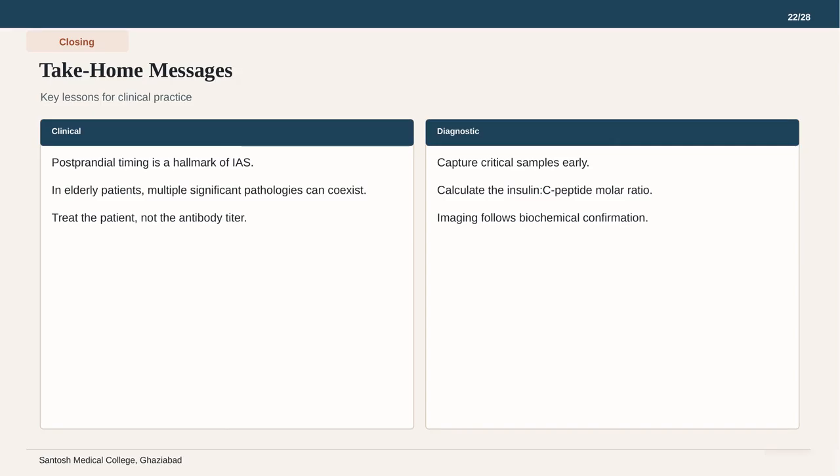On the diagnostic side, the absolute priority is to capture critical blood samples early during an active event. Always calculate the exact insulin to C peptide molar ratio when numbers look disproportionate. Most importantly, anatomical imaging should only follow clear biochemical confirmation, preventing unnecessary procedures. Trust your metabolic data, verify your biochemical signatures, and always look for the hidden systemic